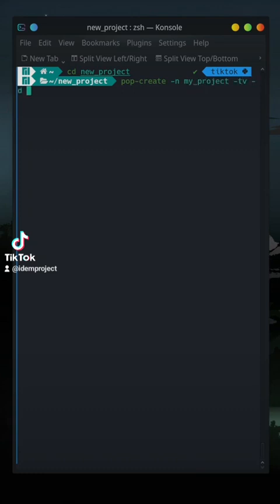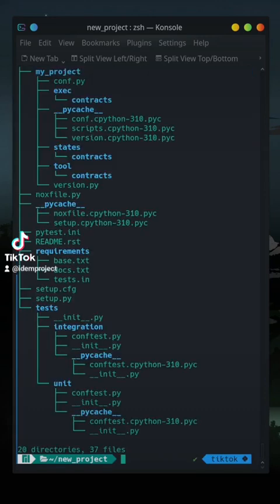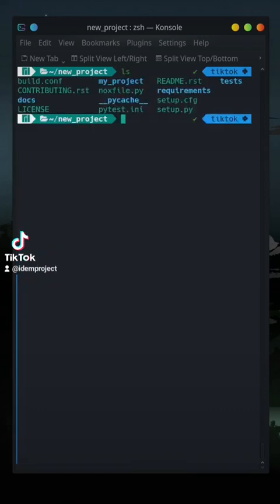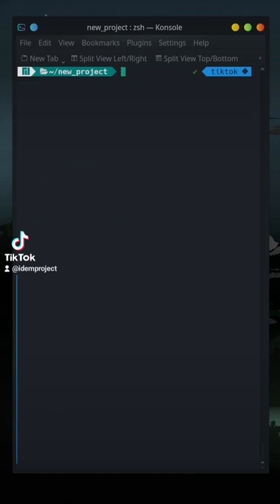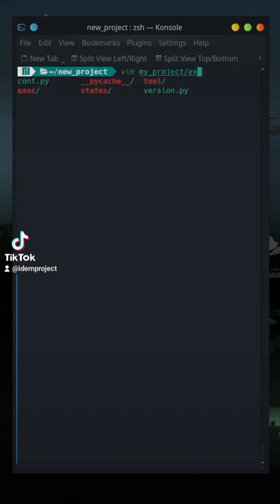-n, which is the name of the project, my project, -tv, which means we have the entry point in another project, in this case Idem, and then -d exec states and tool, because that's the subs that we want to extend from within Idem. So now we'll create a new file in the exec folder,